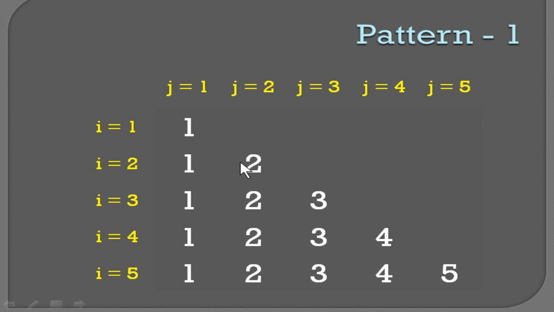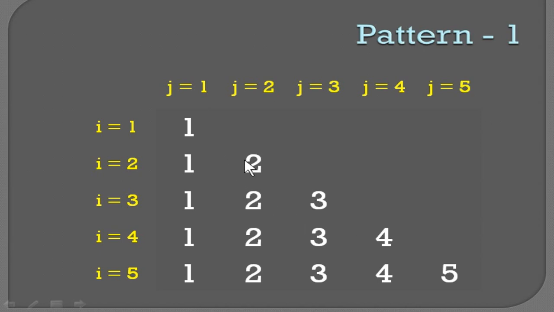Now we are going to see the start value and end value of the inner loop. Always look at the first column. What is the start value of each and every row? Every row indicates what you are going to print on the screen. Normally you will print the J value on the screen. So you have to notice the first value. In every row the first value is the same, so that is the start value of J. And what is the end value of J?